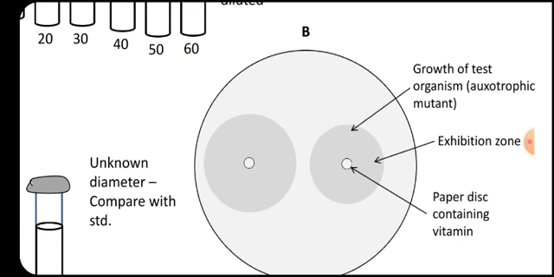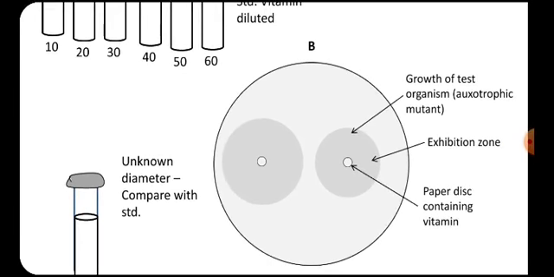In this case the indicator organism has to be an auxotrophic mutant. Auxotrophic mutant means a mutant that requires this particular vitamin for growth. In this type of assay, once the plate is incubated at the desirable temperature, what we are going to find